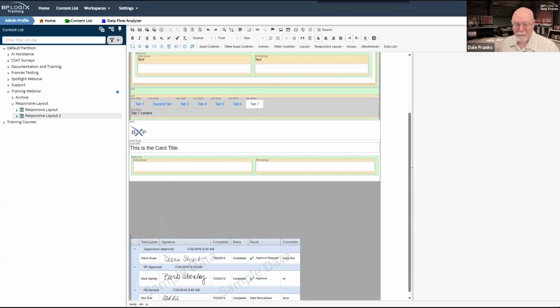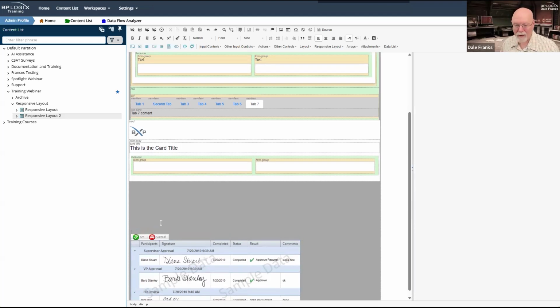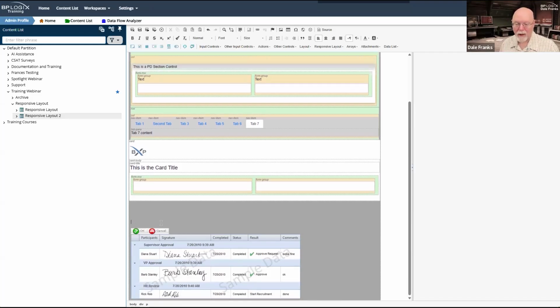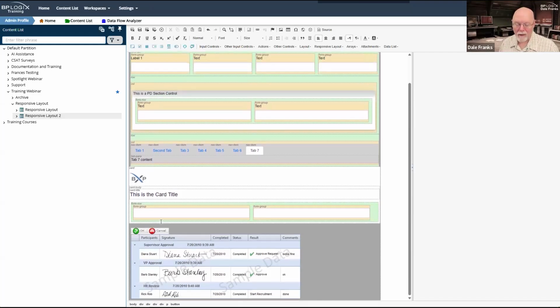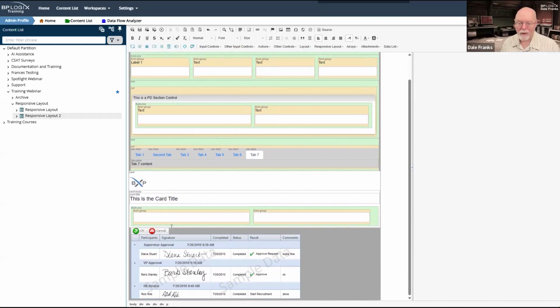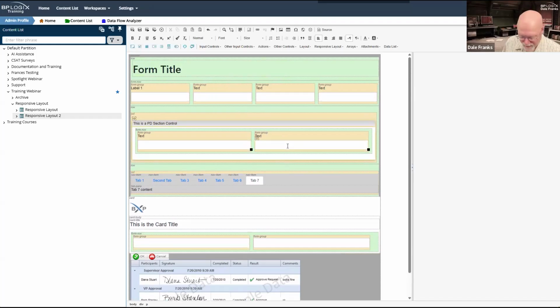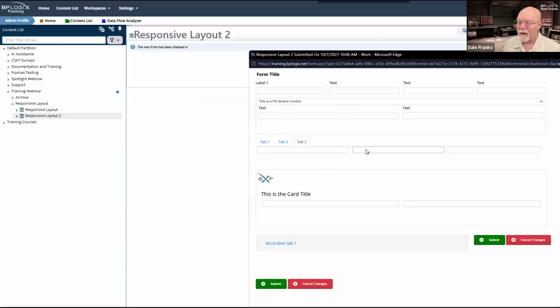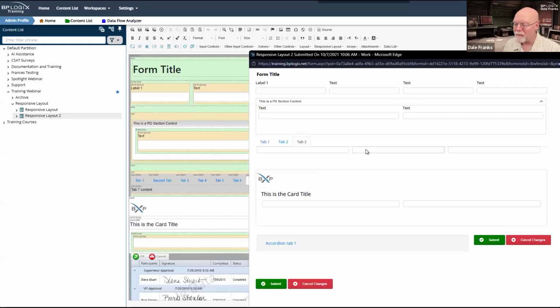Oops, backspace the wrong thing. And got that one more row that I want to backspace out of. And there we go. Now I've got a form that is more or less what I want. Apologies for the accordion thing, but